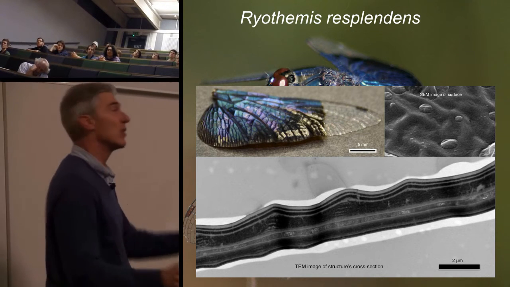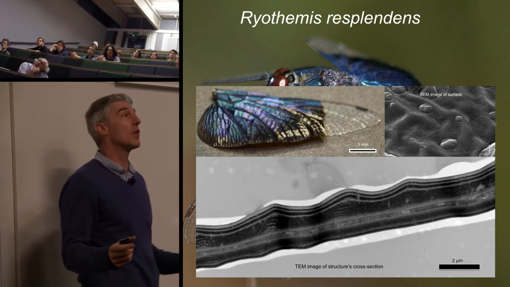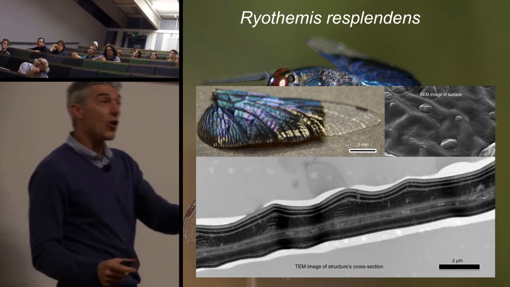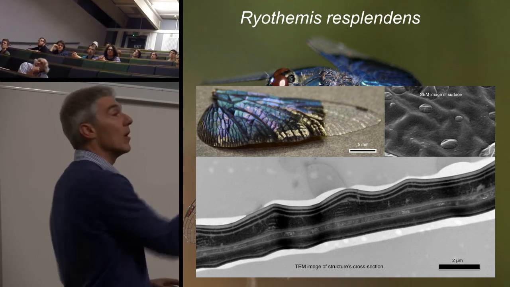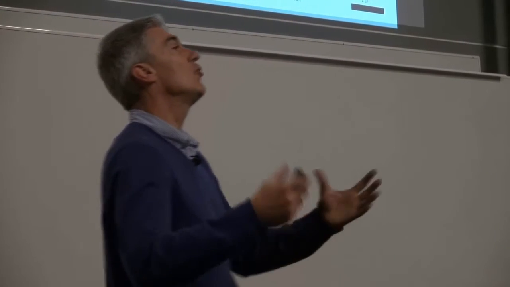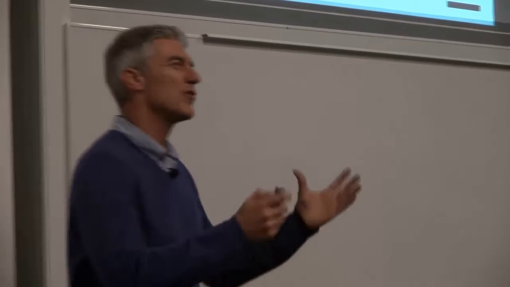But we asked this question. You can see this in 1,000 different damselflies and dragonflies. Our question, and this is quite a high-level question, is what's the effect of the wrinkling? So if I choose to go out of an evening with my lovely wife and I forget to iron my wrinkled shirt, what's the effect, apart from marital disharmony, or however you want to call it? Well, let's examine the effect. Wrinkling is a form of disorder, or quasi-order, however you want to label it.